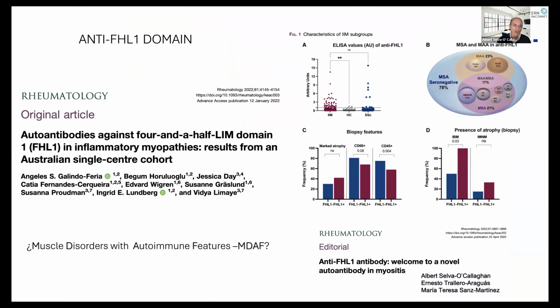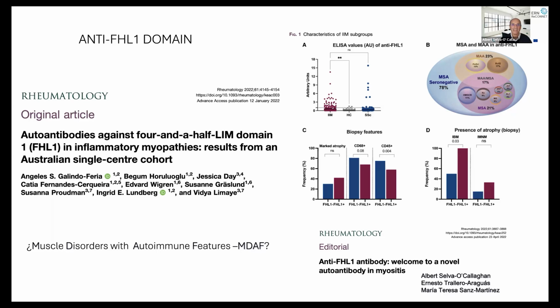This is a very curious antibody that has been described by the group of Karolinska, by Professor Ingrid Lundberg and Dr. Galindo Feria. It's an antibody that goes against this protein, this 4.5 domain. And it's very curious because in the study they found this antibody in polymyositis and inclusion body myositis. But if you study this antibody, you know that